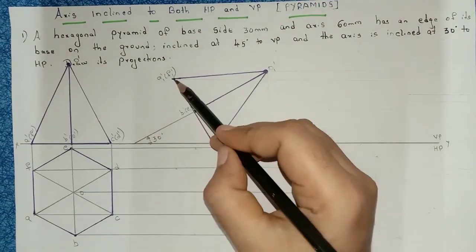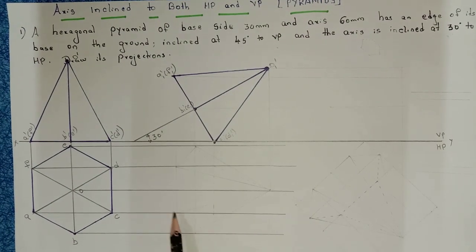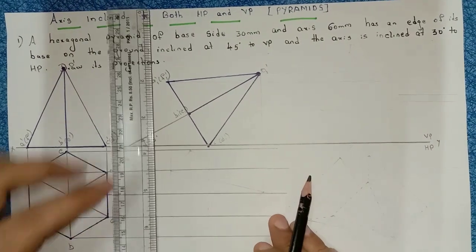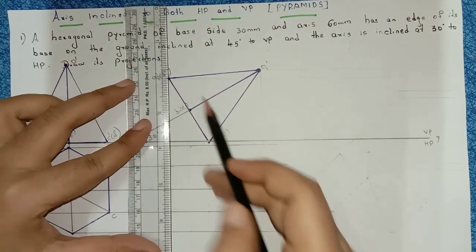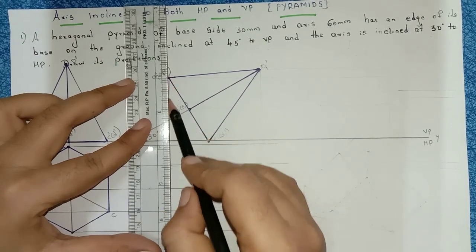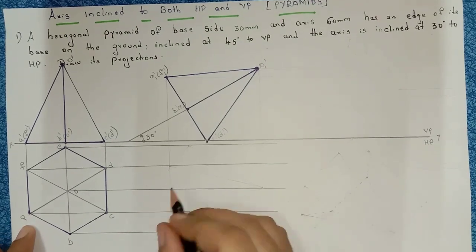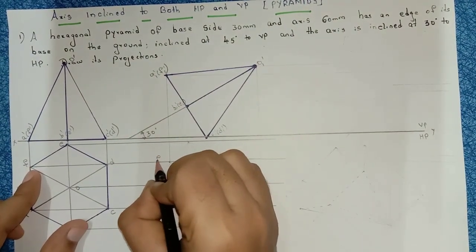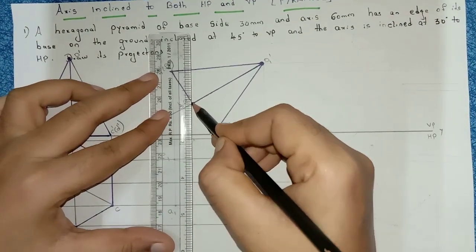Right? Now same process. From A, draw a perpendicular line till A point. From F till F point. Right? So let us see how we will construct this one. From A, I am projecting a line, right? So this is A point. Now I am naming this point as A1. This is F point. Now I am naming this point as F1.